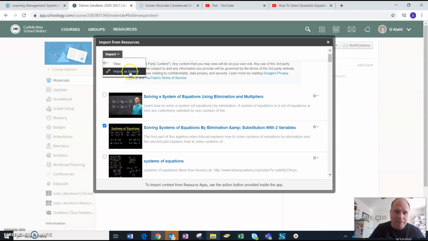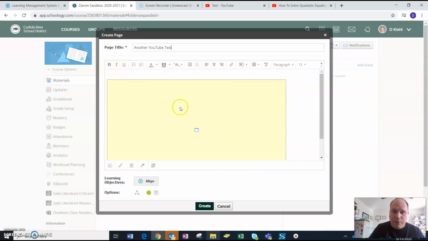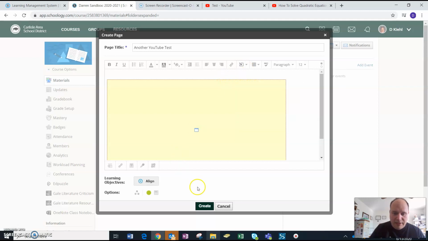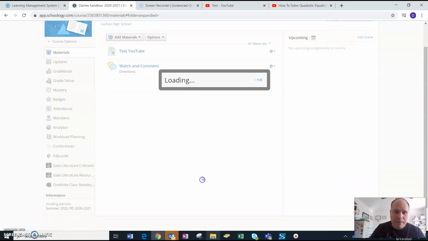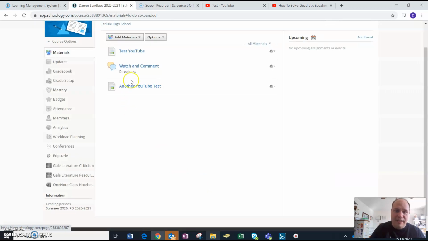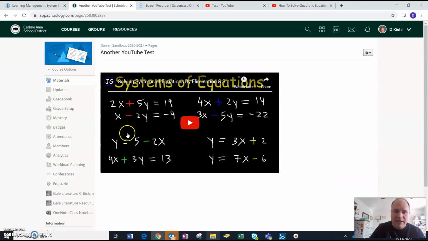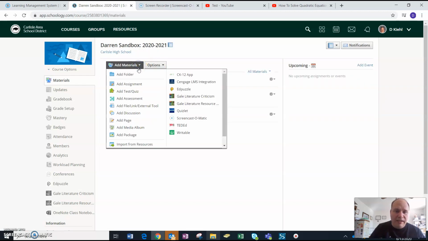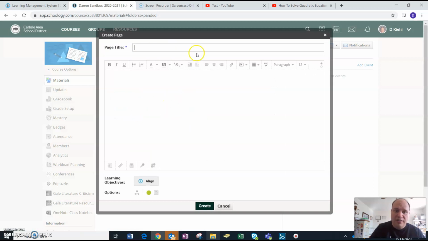I want to import as embed. And that will do the same thing as it did by going to this other menu and hitting image media. It's just another way of doing the same thing. And again, it will just add that video right onto your page, so it's easy for the students just to click on. I suppose if you really wanted to, again, it could be in a number of these things, including assessments and discussions and pages, you could just go to YouTube